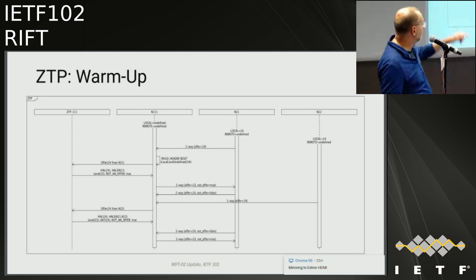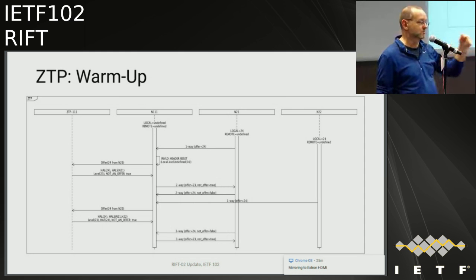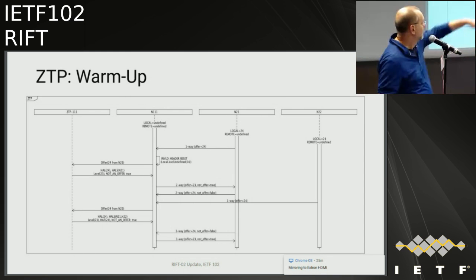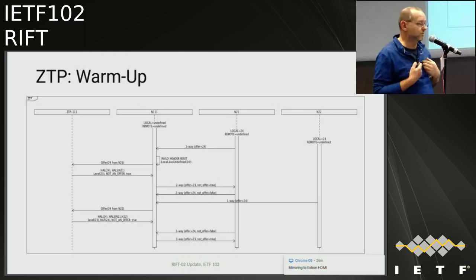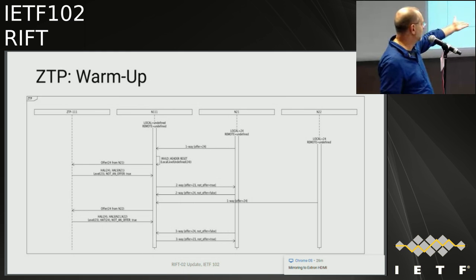So you fire off now a two-way towards the guy because you saw him, and you give him the offer 23, but you specifically say it is not an offer because you derived the stuff from him. And that's pretty much the whole magic. You see another spine giving you an offer that goes to the ZTP again. Observe, there is no invalid header reset now because you're 23. So you can talk to him, 23 matches, but you fire off the offer. The computation comes back. Basically,